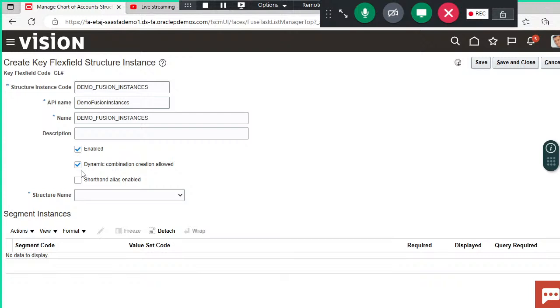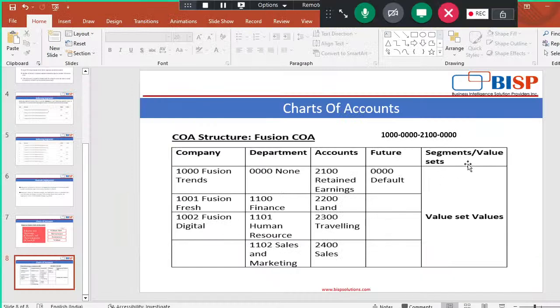This will help us to create various code combinations. Like in the example I have discussed only one account combination: 1000 for company, then 0000 for department, 2100 for accounts, and for future 0000. If you want to create any other account combination, like 1000 for company, then 1100 finance department, then say 2300 for traveling and future default, so this kind of combination you can make, any number of combinations, by enabling